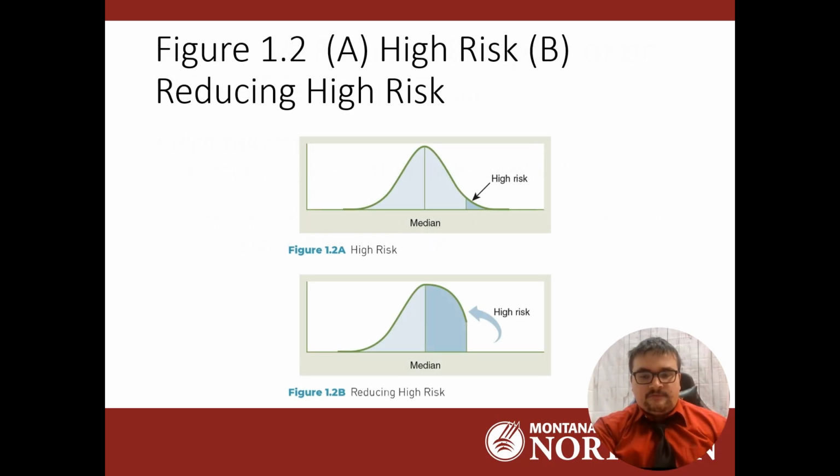All right, so here I have two figures going over essentially the high risk approach method. Figure 1.2a, the top one, illustrates the high risk approach in public health, which I mentioned already targets individuals who are already at higher risk of developing disease due to exposure to multiple risk factors. This can be cigarette smoke, toxic chemicals, or high-risk sexual behaviors. Now, figure 1.2b shows the success of the high-risk approach in reducing disease risk. By addressing these factors, the goal is to bring those at high risk closer to the average level of